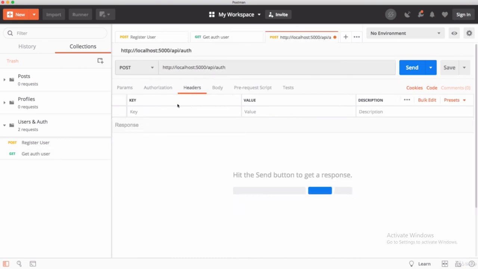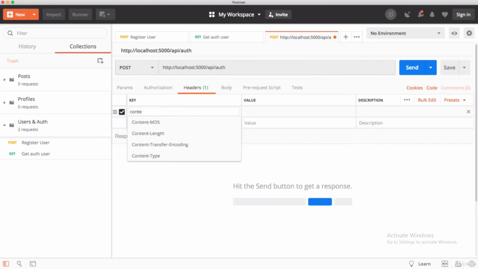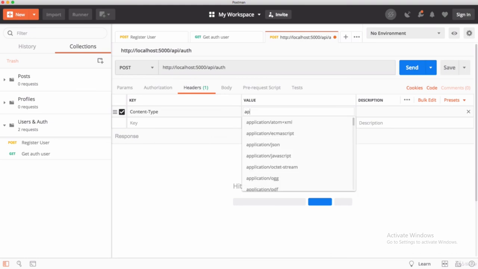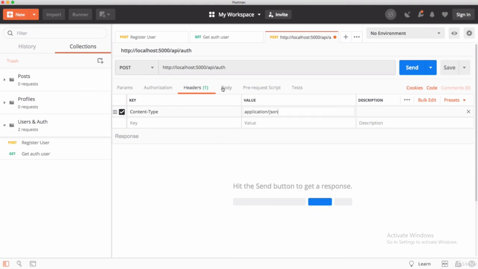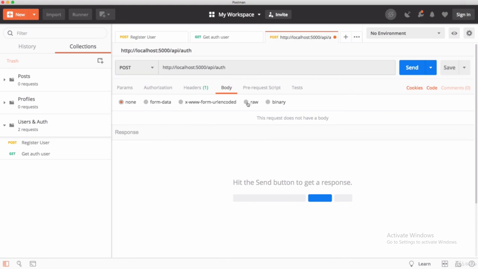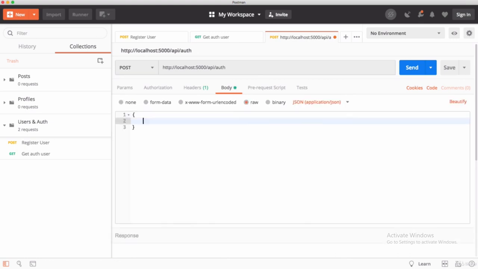In the header section I'm writing Content-Type, value application/json, and in the body section we select raw and pass a few pieces of information, that is email, which should be your email at gmail.com, and password, that we have put in here, 12345.